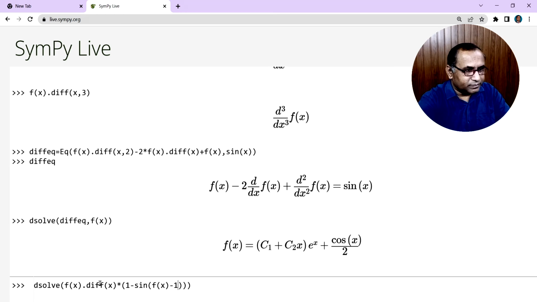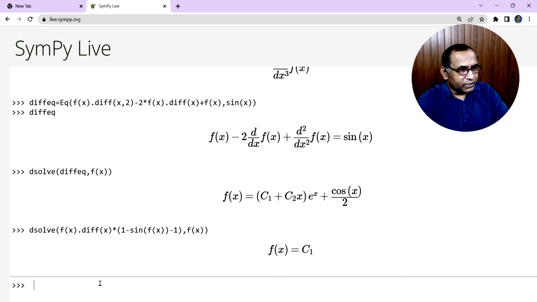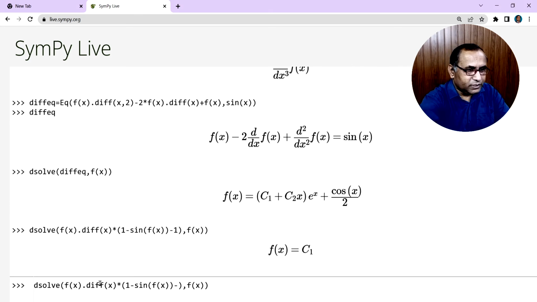Then we have minus 1. We want to solve this equation for, sorry, this is minus 1. Okay, and we want to solve this equation for f(x). So when you enter this statement, we have the solution. Sorry, it is okay. We can remove this part. If we have minus 1, then